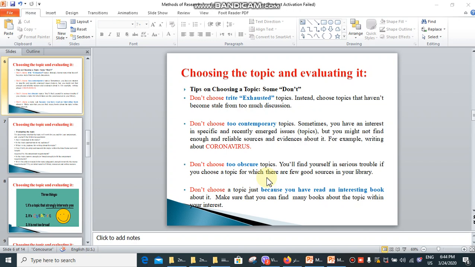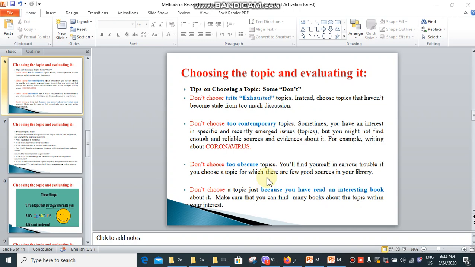I mean evaluating your topic in terms of its validity, practicality, and researchability or workability. Today, and strictly in this slide, I'm going to explain to you some of the important tips